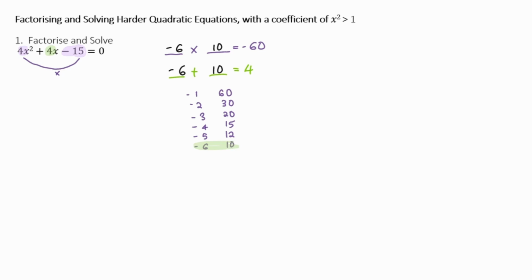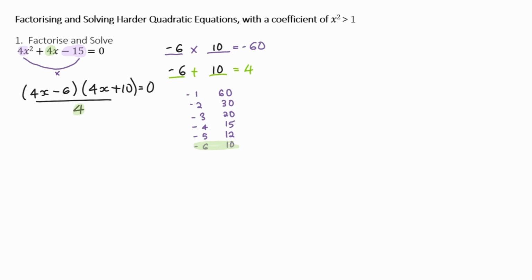So we can now factorize this equation by putting 4x in the bracket as our first term, and our first factor, which is minus 6. And in the second bracket, we can put 4x and the second factor, which is 10. Now, if we were to multiply 4x by 4x, that would give us 16x squared. But in our equation, we've got 4x squared, which means we are going to have to divide one of the brackets by 4. However, if we look at the two terms in the brackets, none of these are divisible by 4,